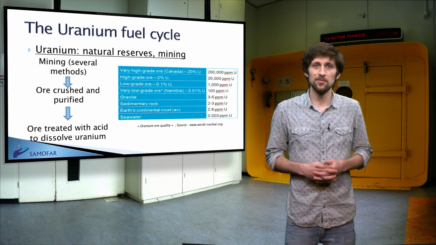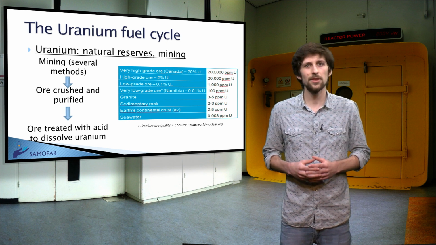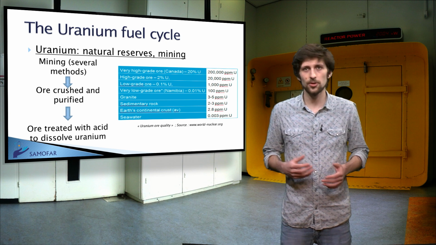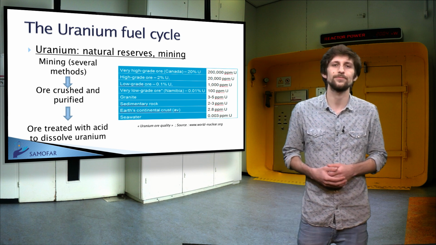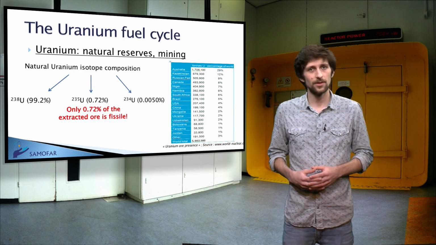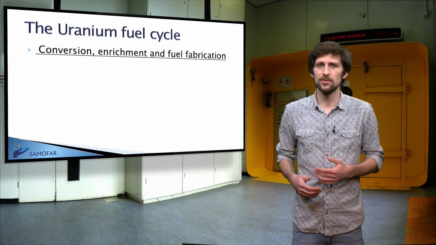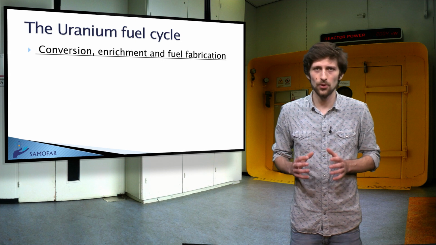Uranium ore can be mined by underground or open pit mining methods, and modern leaching methods as well, depending on the depths and the composition of the underground. The following table gives some idea of our present knowledge of our uranium resources. It can be seen that Australia has a substantial part, about 29% of the world's uranium, Kazakhstan 12%, Russia 9%, and Canada 8% only. In nature, uranium is found as a mix of the following 3 isotopes: